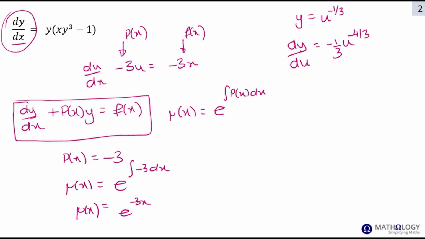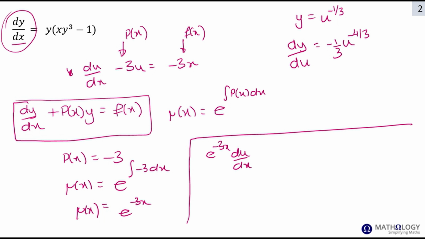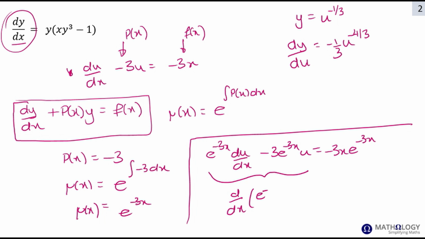We're now going to multiply the terms of the differential equation by this integrating factor. So we have e to the minus 3x du/dx minus 3 e to the minus 3x u equals minus 3x e to the minus 3x. Now the left hand side reduces to the form d/dx of the integrating factor e to the minus 3x times u, and we can check